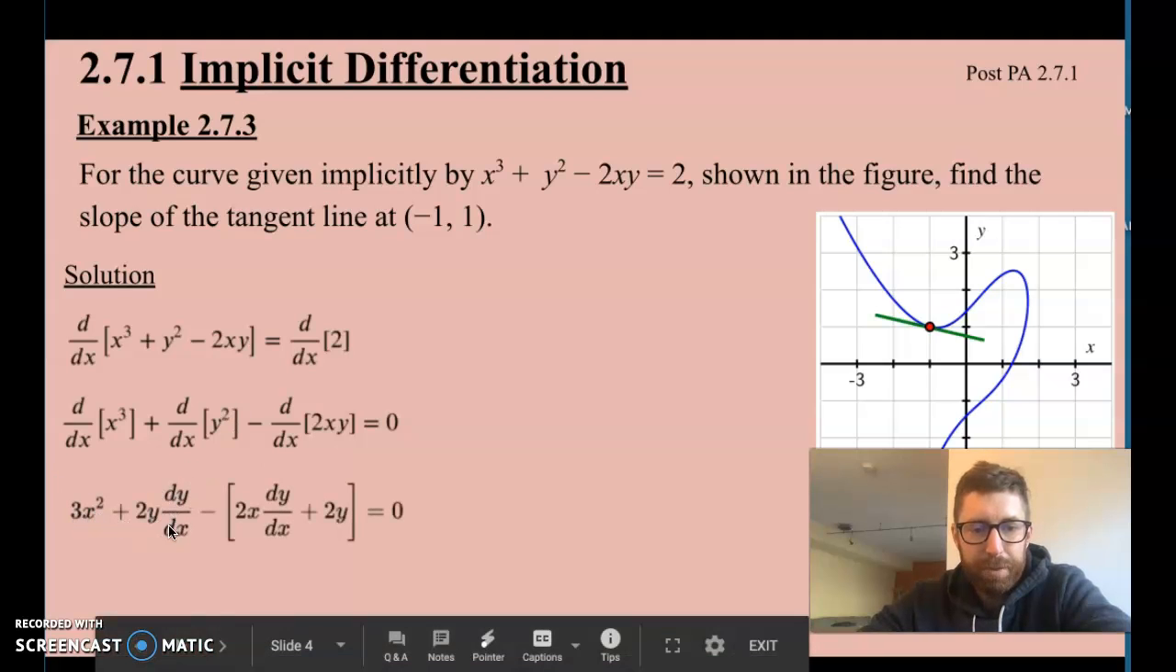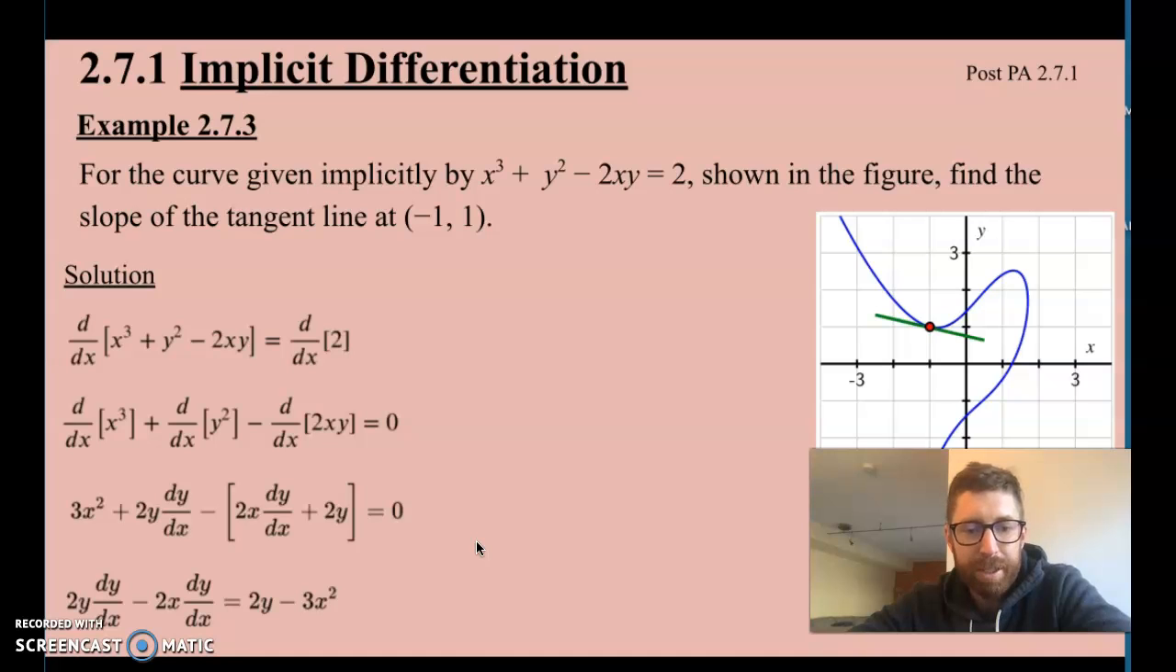Drop this down, do the chain rule, and then here we have the multiplication rule: the derivative of the first times the second, plus the derivative of the second times the first. That equals the derivative of any constant, which is going to be 0. Now what we're going to do, I'll have to pause for a second,